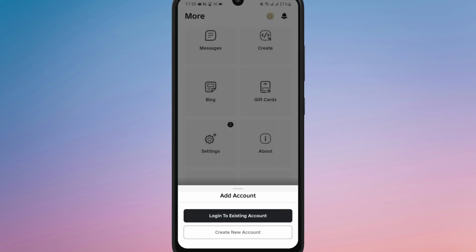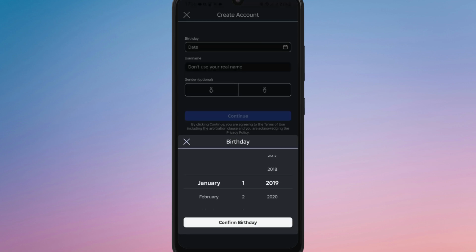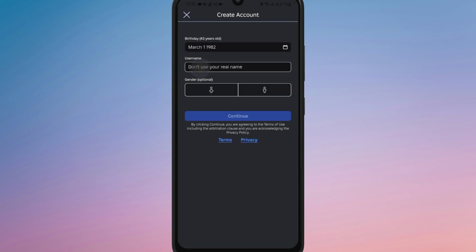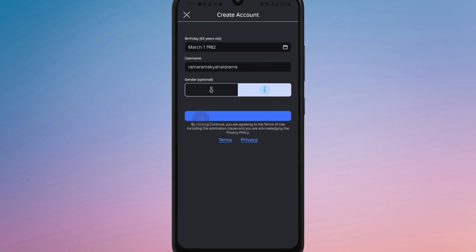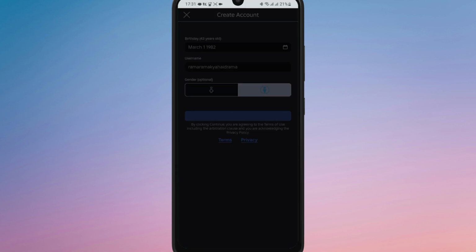Here you will see the option to either log in with your existing account or create a new one. Tap on Create Account if you are adding a completely new account. Fill in the required details such as your username, password, and date of birth, then tap on Continue to create the new account. After successfully signing up, Roblox will automatically log you into your new account and you can start